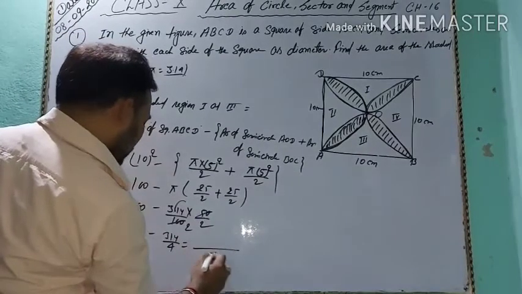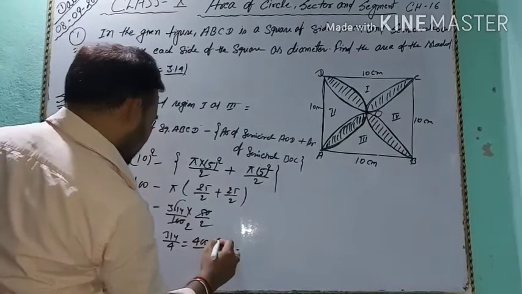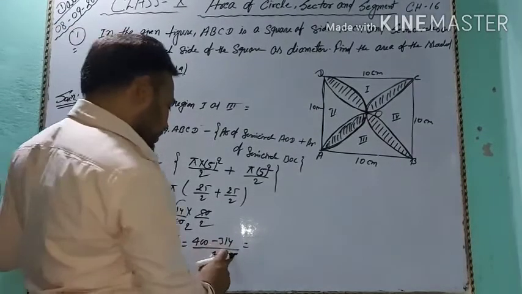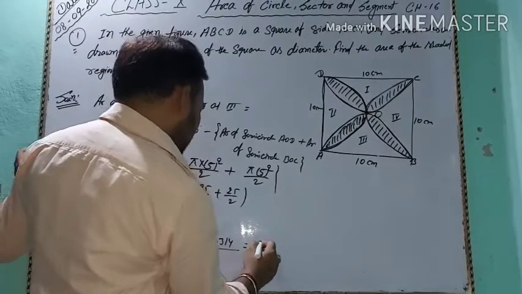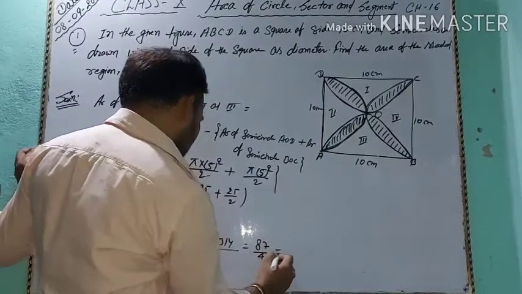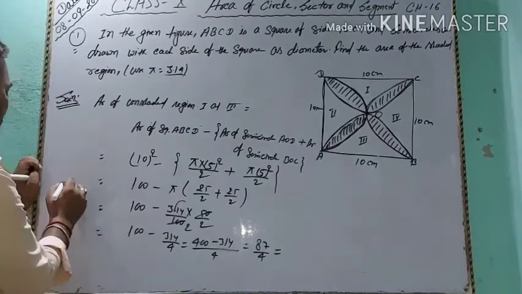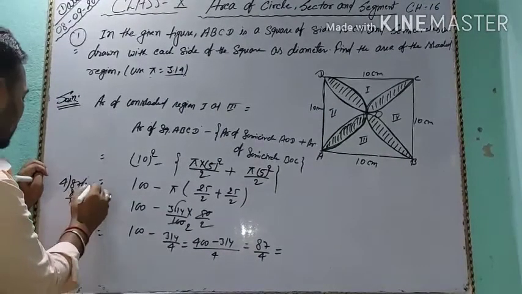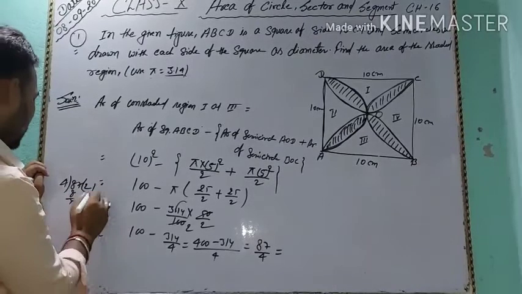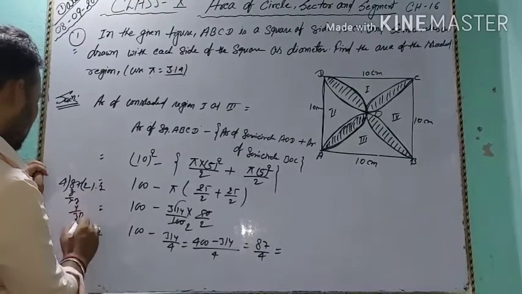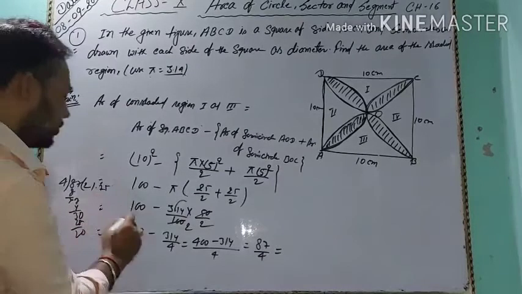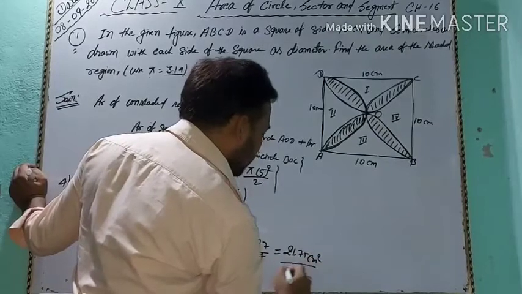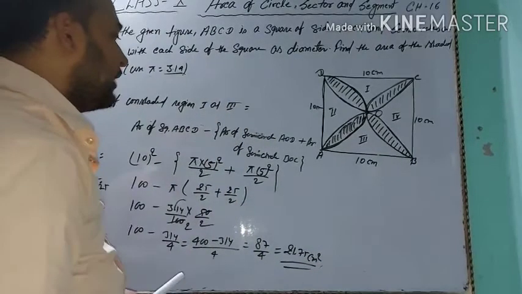Take LCM 4. 400 minus 314, that is 87 by 4. Okay, so 21.75 square centimeter. Okay, students, and similarly